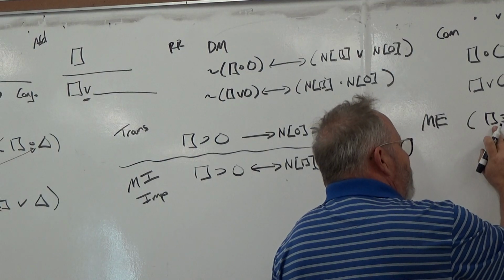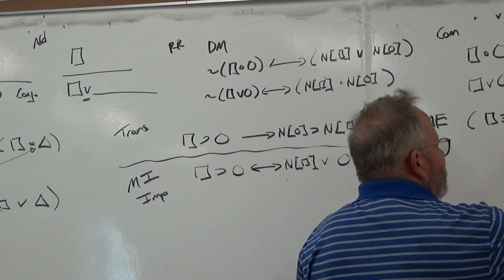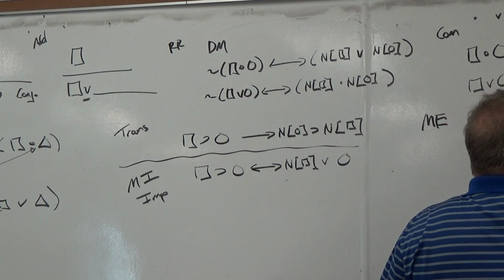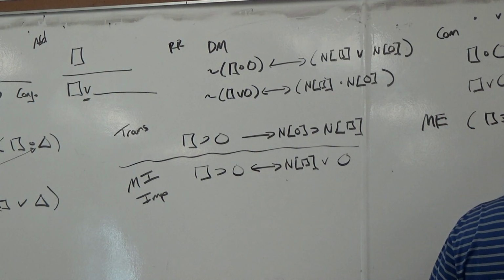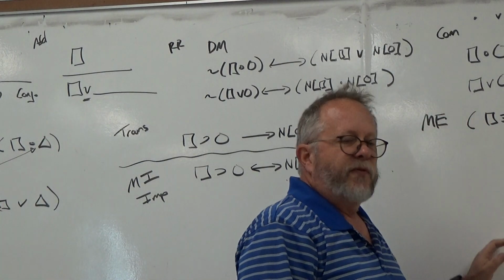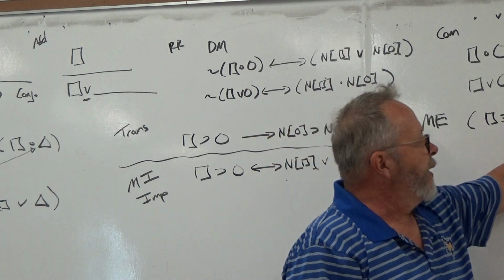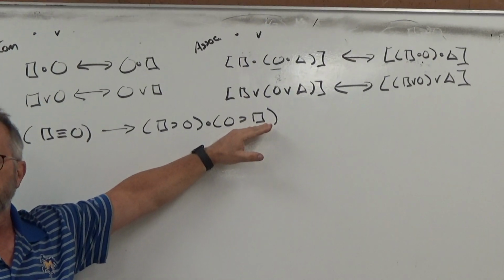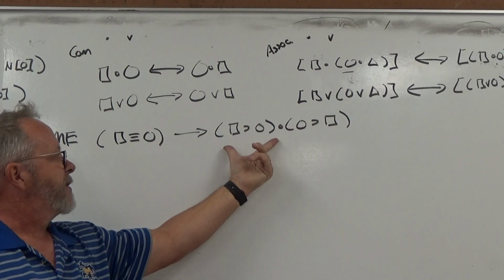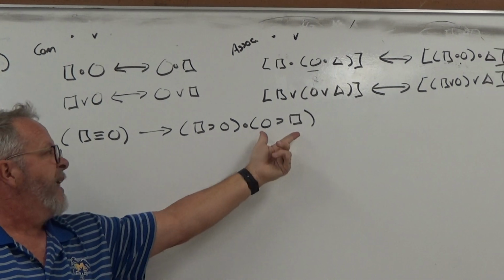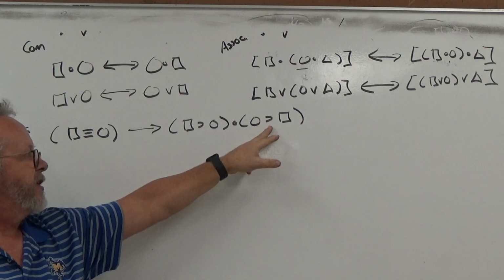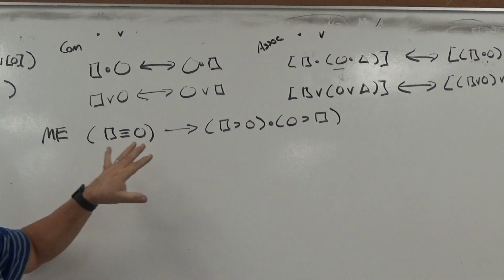Suppose this says something like Fred goes fishing if and only if Barney goes fishing. Well, that means the same thing as if Fred goes fishing, then Barney goes fishing, and if Barney goes fishing, then Fred goes fishing. So if you have a biconditional, you can break it up into two different conditionals, okay? And then since this is an and, you could simplify to this one. And if you wanted that one, you could switch these two, and then do a simplification and get to that one. So this is very useful.